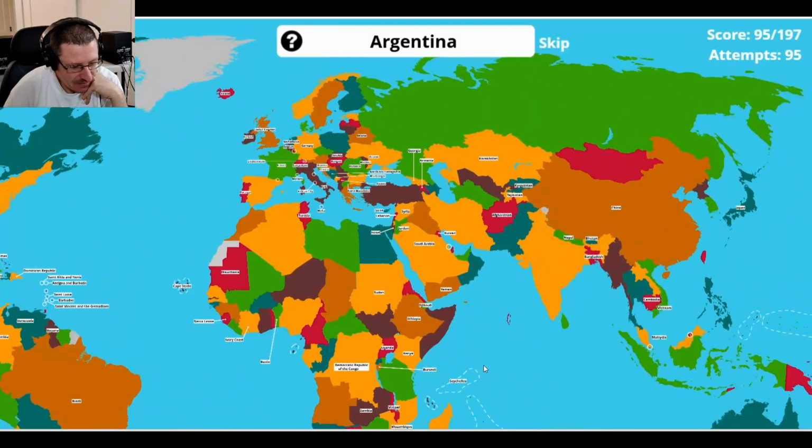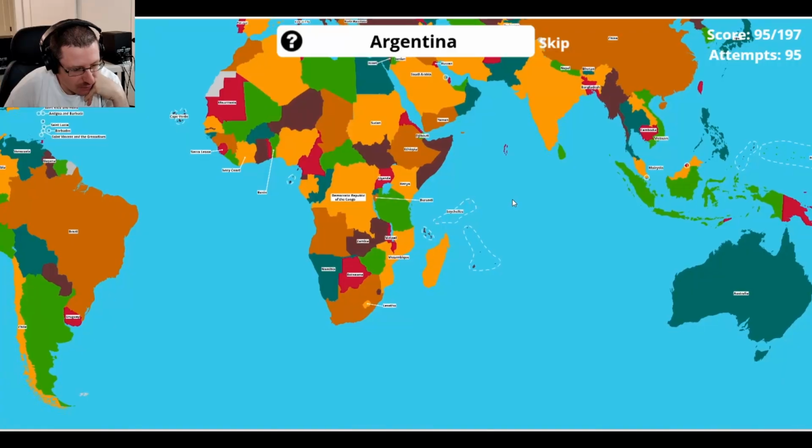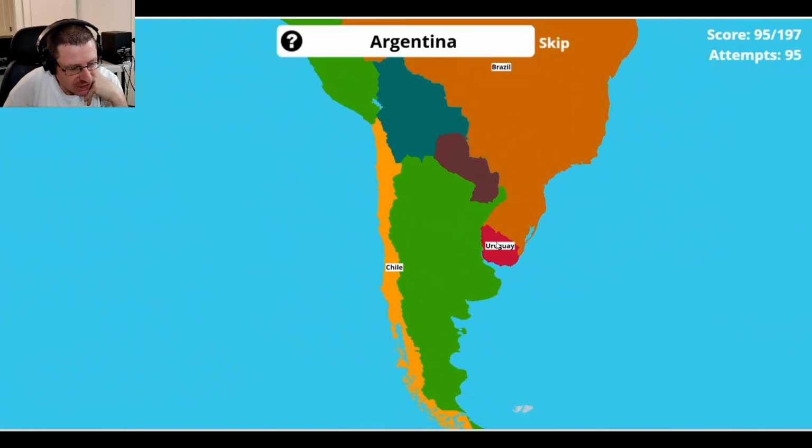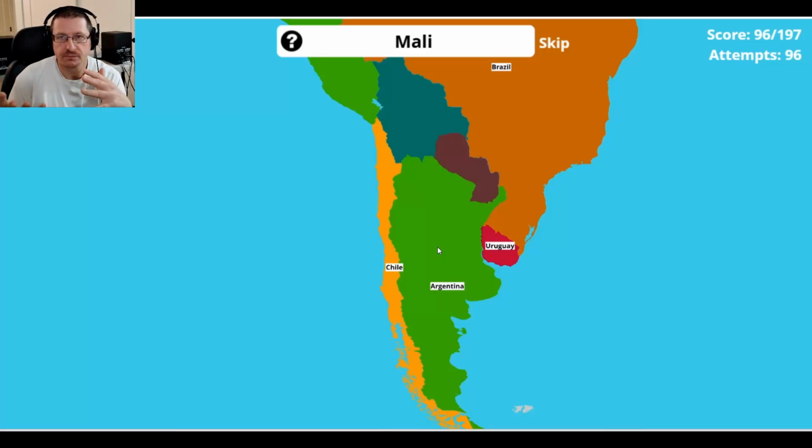Argentina. Remember I was talking about the tango dance? More on that later. So that's where Argentina comes in. Argentina is a huge chunk of land right here. The tango dance originated, and most of the credit goes to Argentina, but they said there are parts of Uruguay that are also credited with the tango dance.